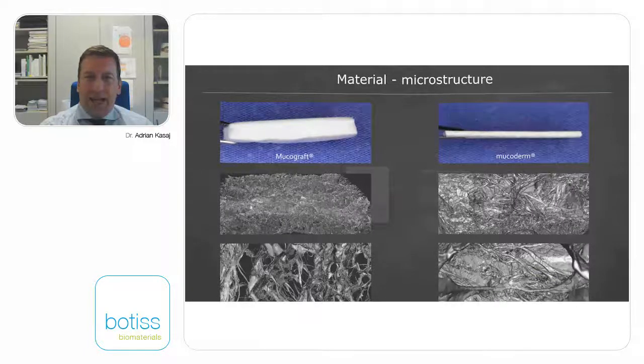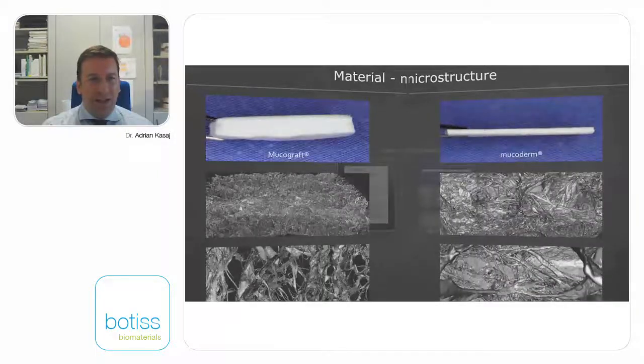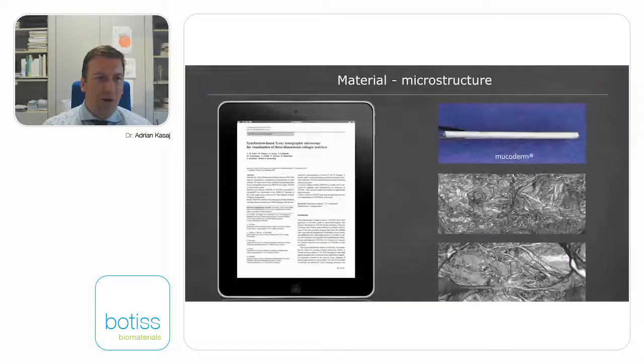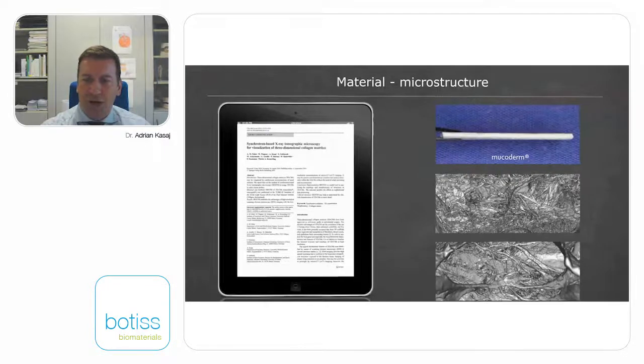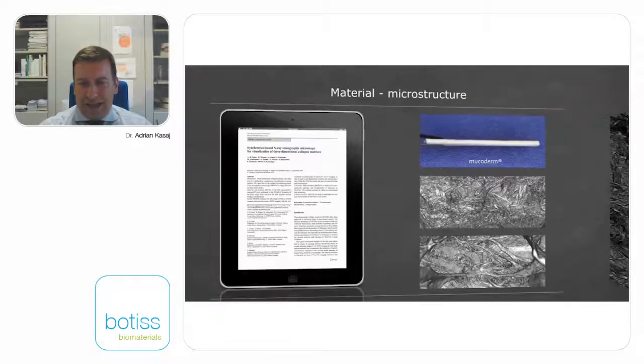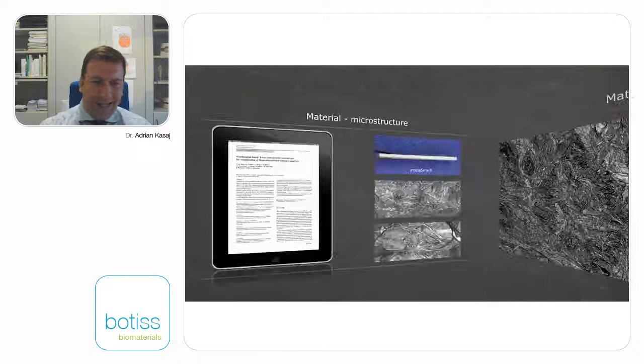And we studied this microstructure by using synchrotron-based tomographic imaging. This was published by my coworker, Dr. Papst, just this year. And I want to show you a very short video where you can nicely see this